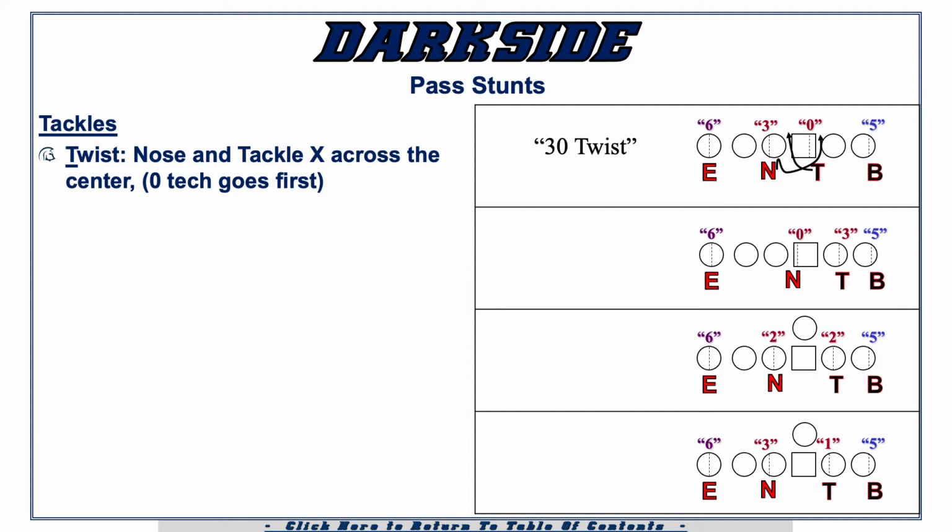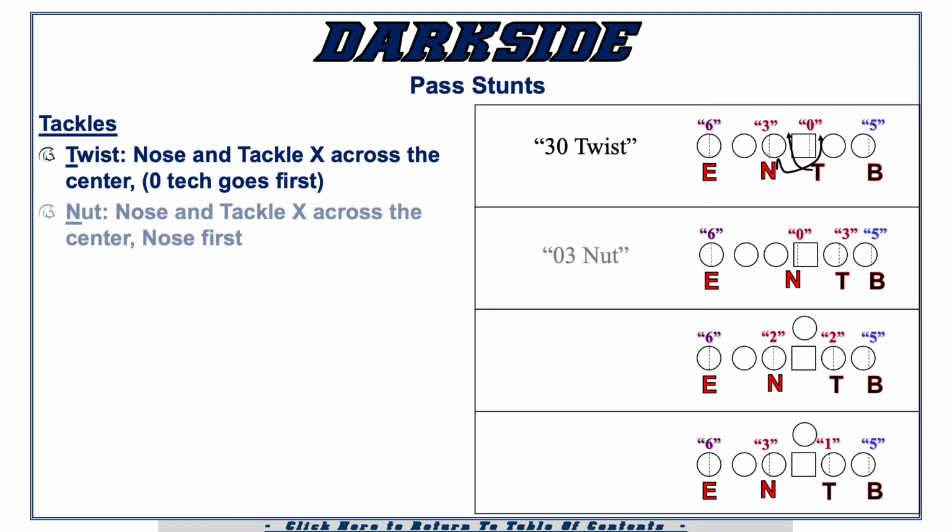Now the nose, on the other hand, has a chance to loop and get a sack on this, but what's really important is that he needs to take 1 step, get both hands on this guard that he's on, and then he'll loop. We have a little bit of time because this is a pass down, and we're not necessarily worried about gap control as much because we would be in trouble if we called this on a run game and they happen to run zone or something like that. But when we call these as pass stunts, that's the important part.